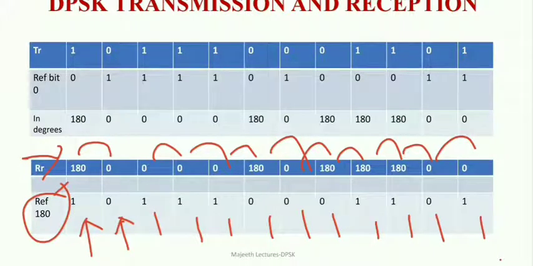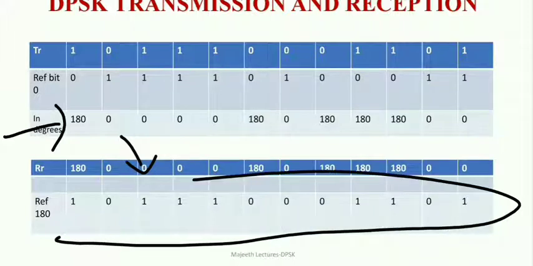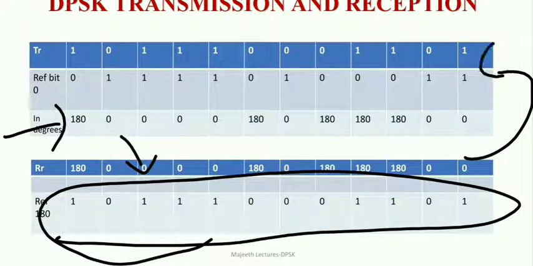This is what your transmitter signal is. I have taken the same example. This is our transmitted encoding phase. This is what I received, and what you will get is the same as your transmitter signal, right? So that's what we have to do. Clear? Next we take some of the problems which have been asked in exams.